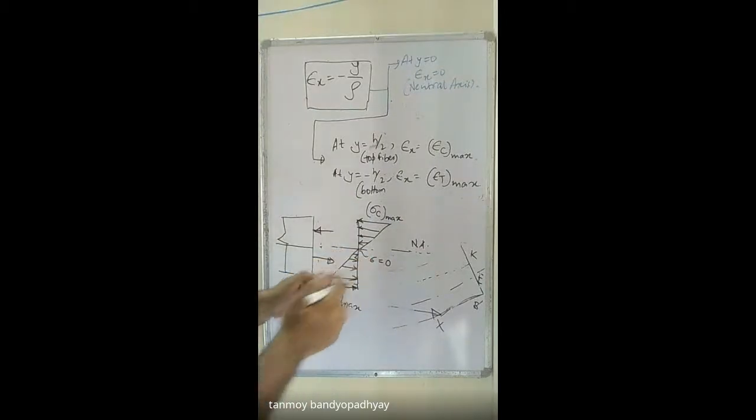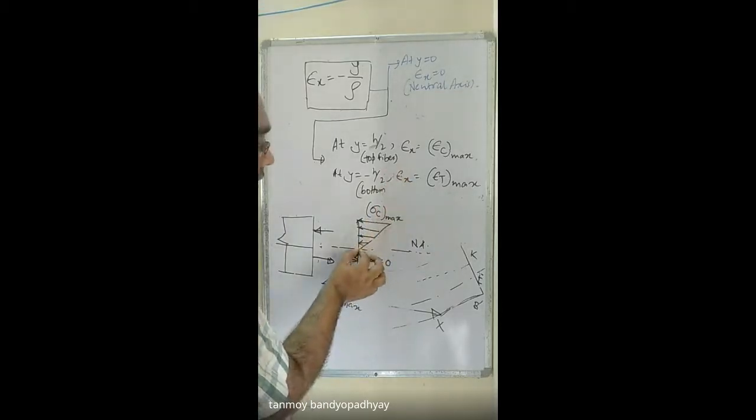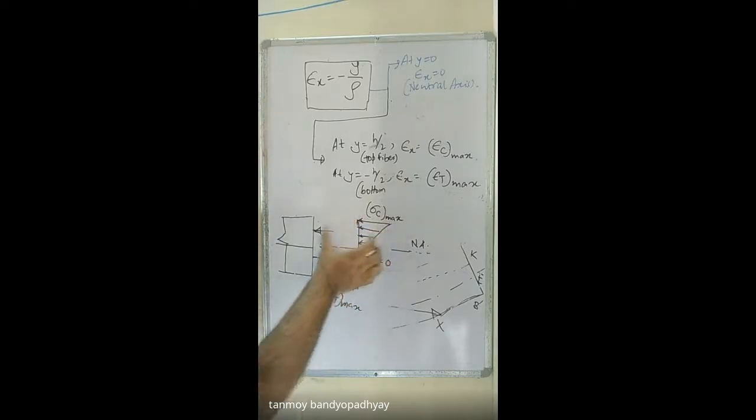A point will come where there are no forces. Tensile force becomes 0. Sigma is equal to 0 means you have reached the neutral axis. Then, as you move to the upper side, the compressive forces come into being. The compressive forces start increasing, and at the top fiber of the beam, the compressive stresses are maximum.